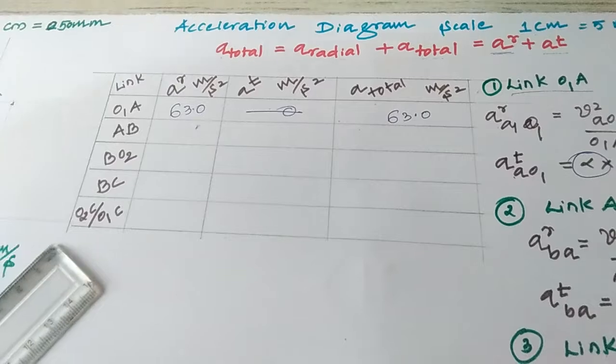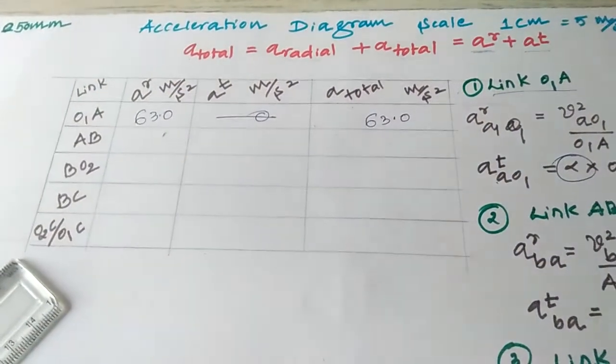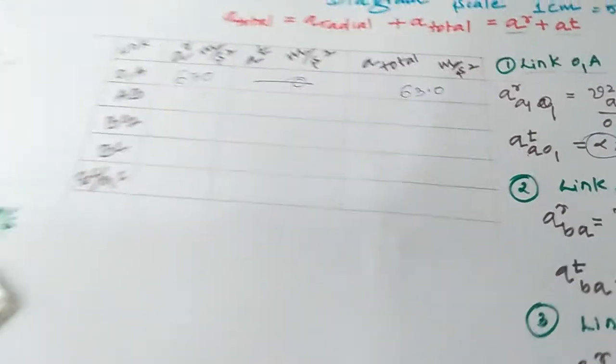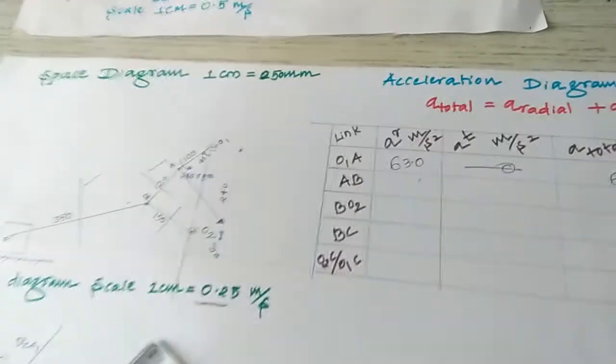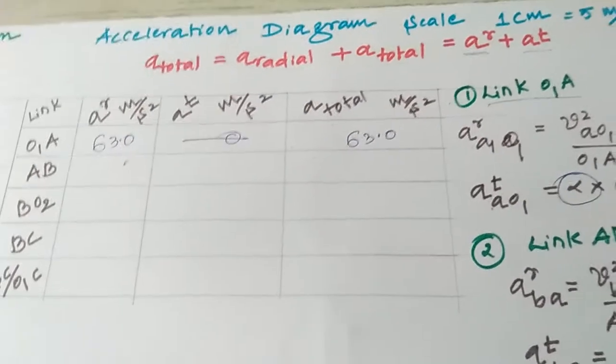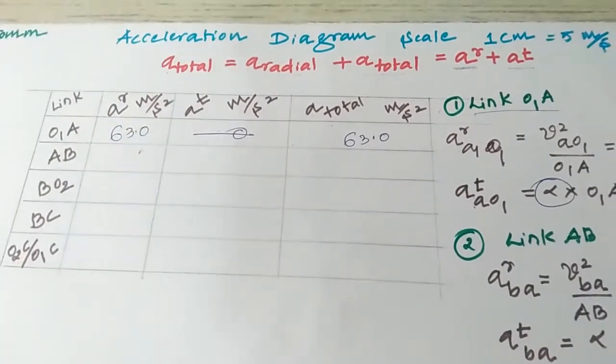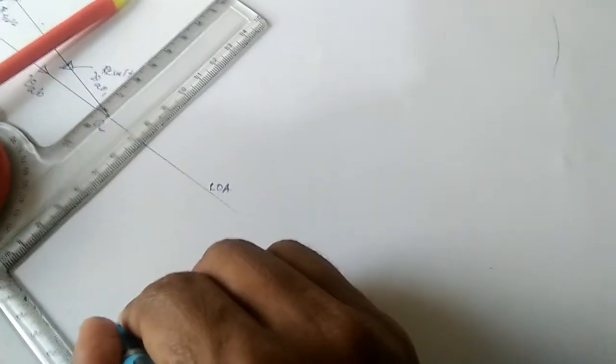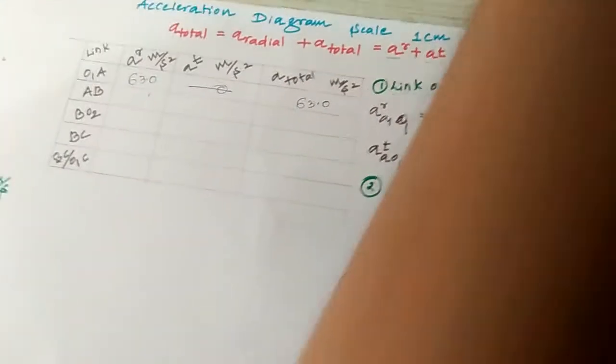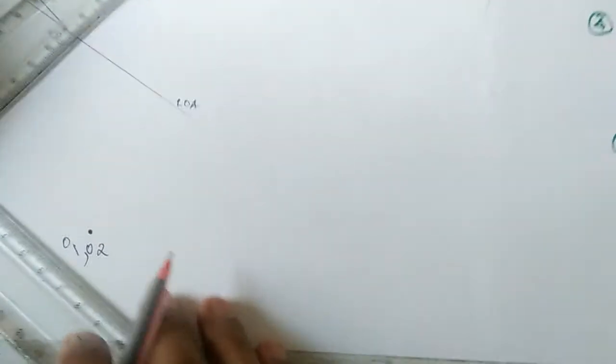Then I will go for the radial. Radial means, the important thing is direction. First you have to go for the fixed point. Where does the fixed point come? I will take the fixed point here, somewhere here. O1 and O2 are the fixed points I have taken. Then I will draw using a red color. I will draw the things. First you have to go for the direction. Direction is important.